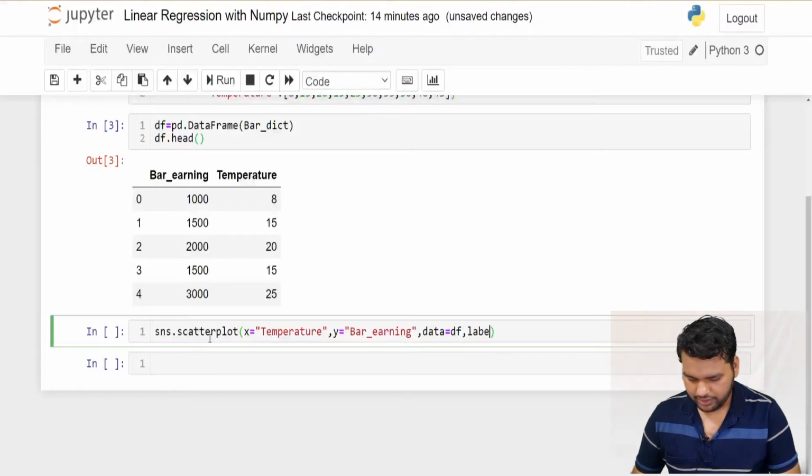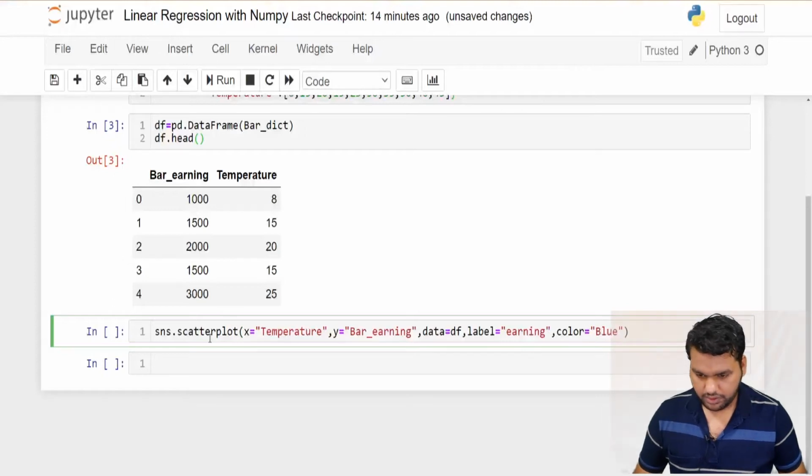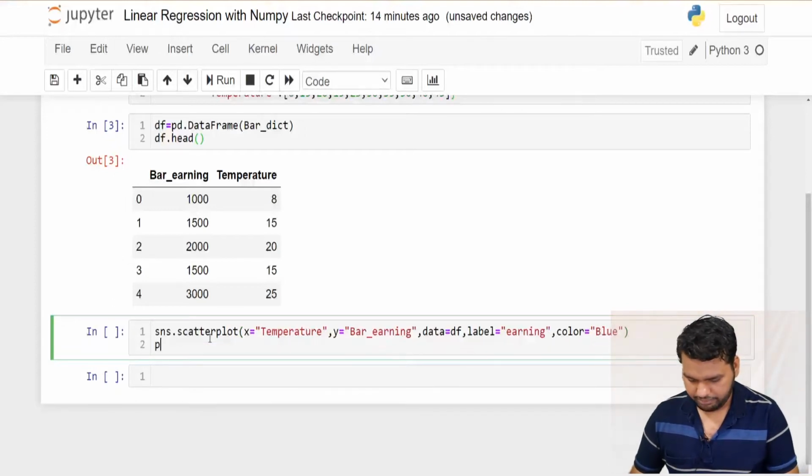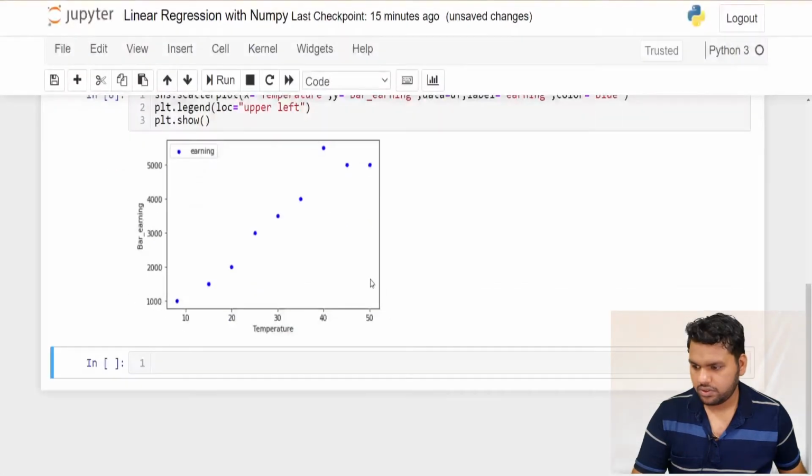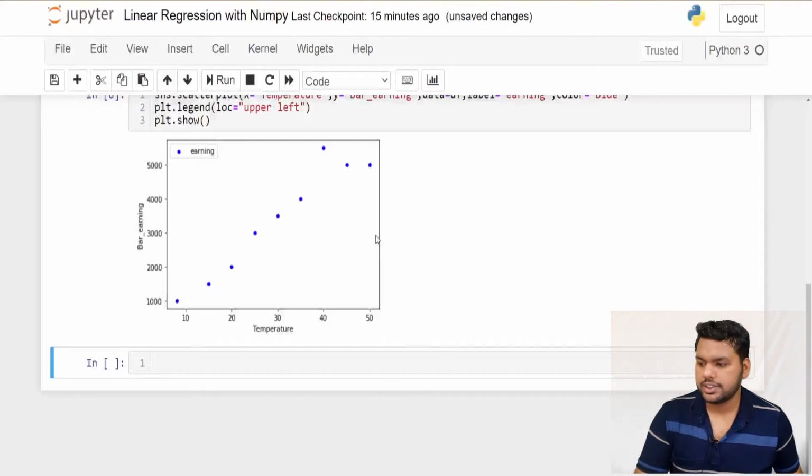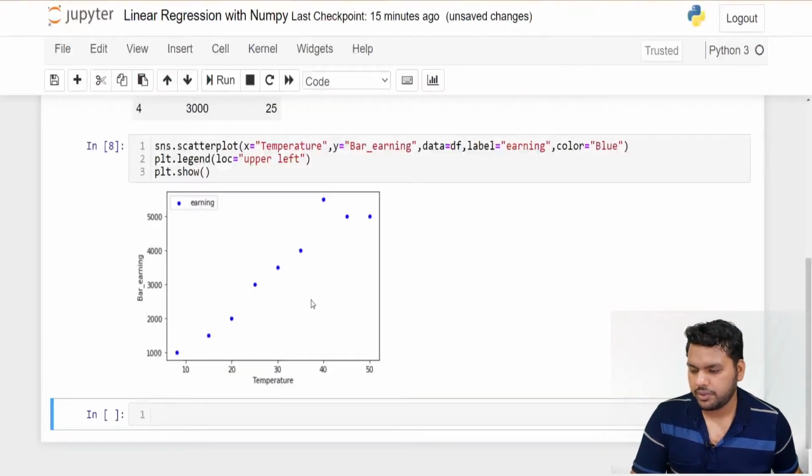For the label, we can give the label as earning, and we can give color as blue, and plt.legend to show it. Okay, so this is the scatter plot between the response and the predictor.